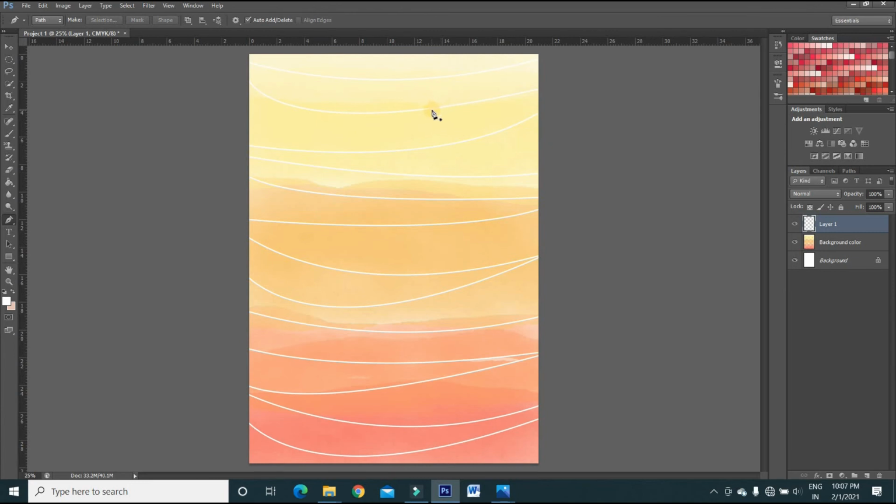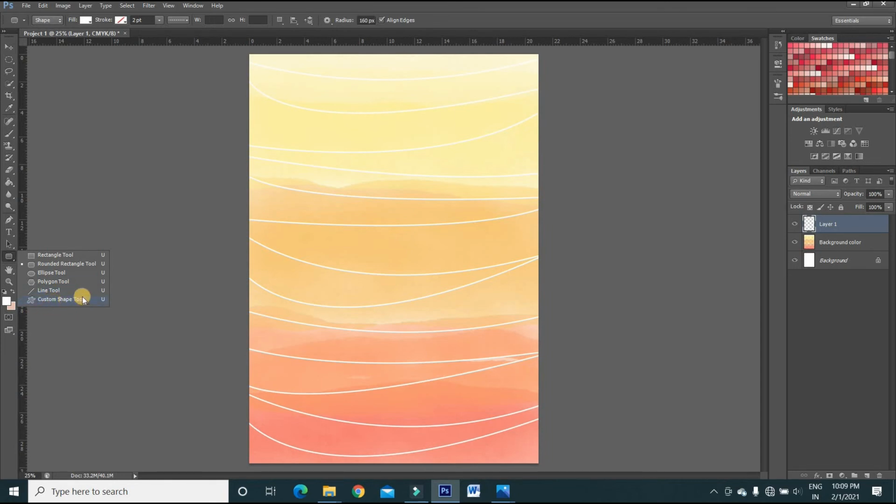And now we will add little elements to these lines. For adding the little elements, there is an option in this geometric shape tool. In the video in which we created the patterns using geometric shapes, I had left this option, so we will see this option today. This option is called the custom shape tool. This option has different shapes. So if you want to use different shapes in your designs, you can just select this custom shape tool.